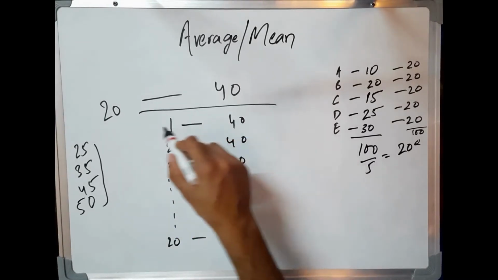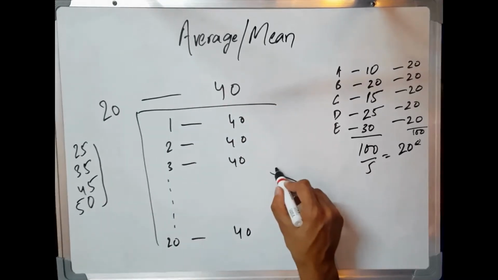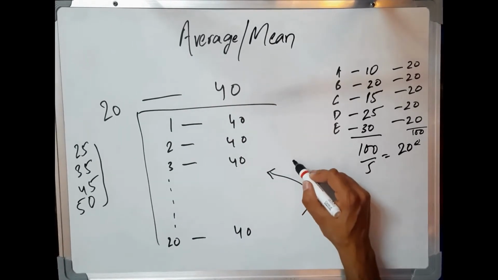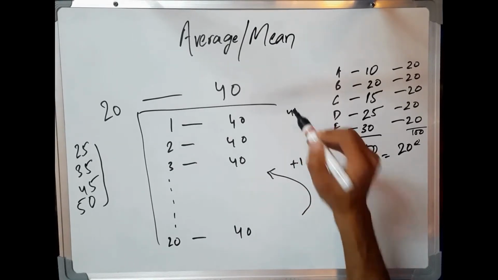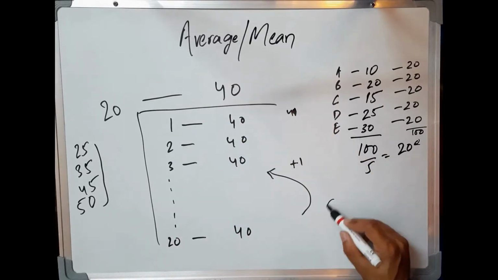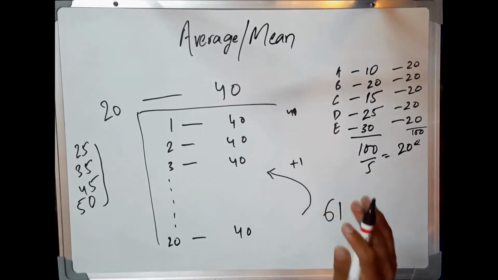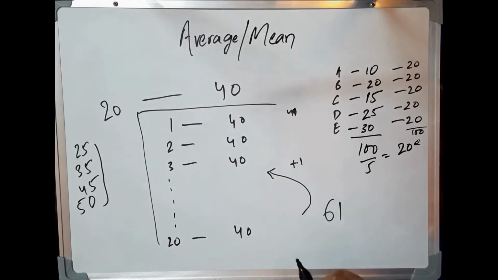Now bring in some changes to this data. One heavy guy is added to this class and he increases the average of this class by 1, and the average of this class now becomes 41. I can tell this guy weighs 61 from this data alone without having to do any flamboyant calculations on this board. In the next video, I'll tell you how I did this, but now we need to focus on how this guy affected all other elements.